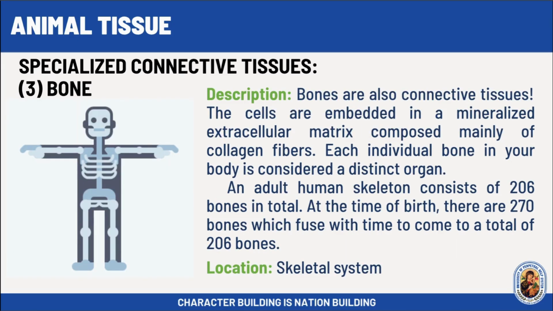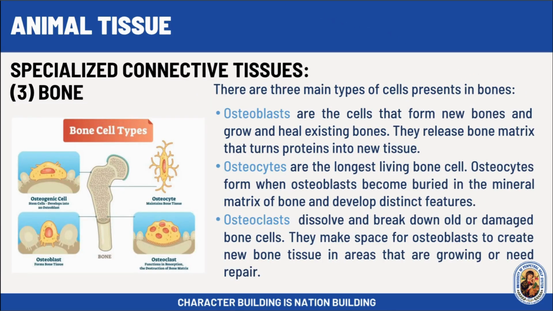So speaking of bones, bones are actually connective tissues. Now, bones are there to support our body, and they are mainly made out of collagen fibers embedded with different minerals. Under the bones, we have different cells that are important to its maintenance, growth, or destruction, but mainly there to maintain it. So, the specialized connective tissues in bone are what we call osteoblasts, osteocytes,